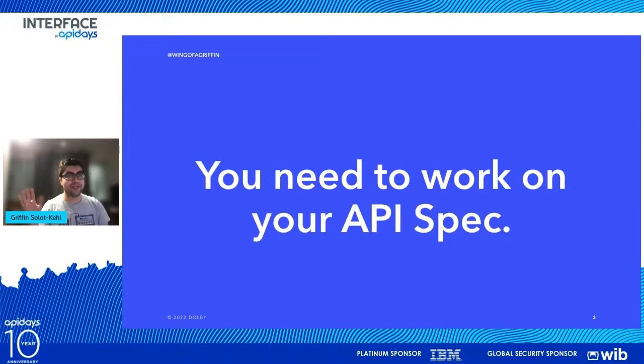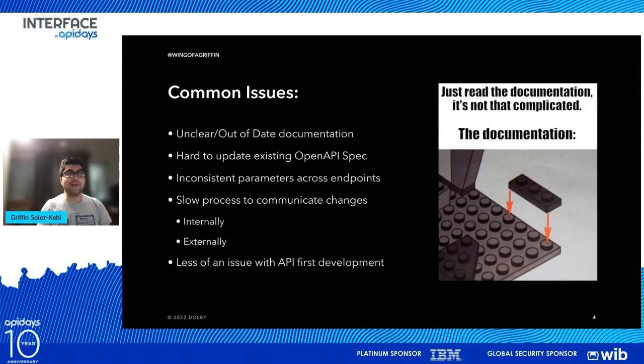So chances are you need to work on your API stack. Most of us are here. This is just where we are in the given space right now. There are a lot of common issues that plague the average API specification, like unclear or out-of-date documentation. You have a rapidly evolving product, but your teams don't want to update the docs or keep them up to date. That's just too much work. They just want to keep on developing. And it's always a question: whose job is it?